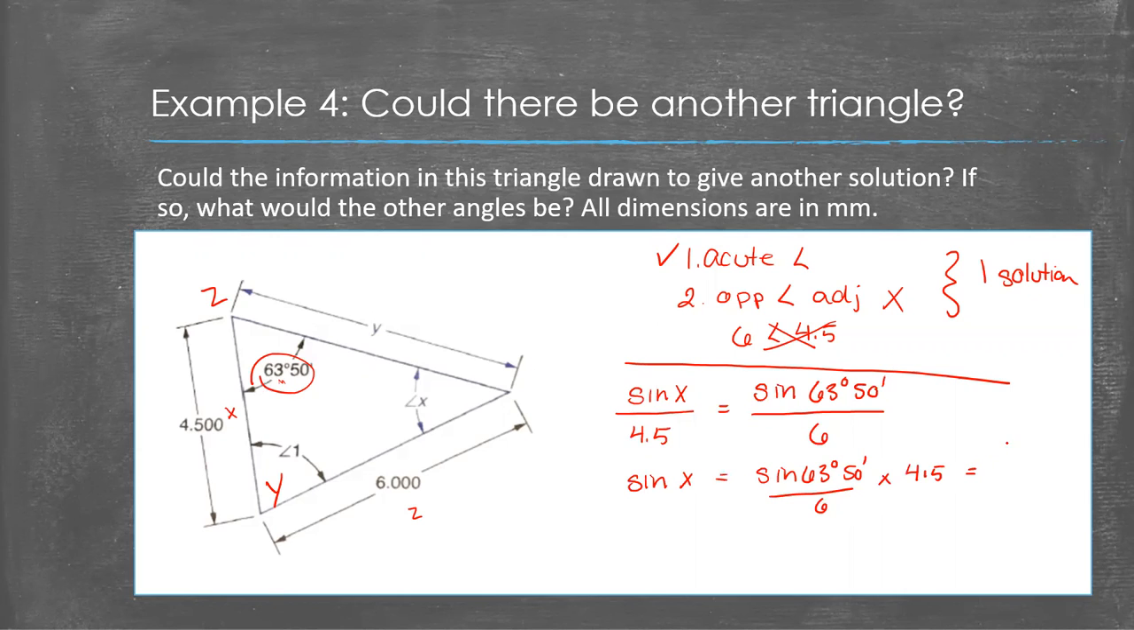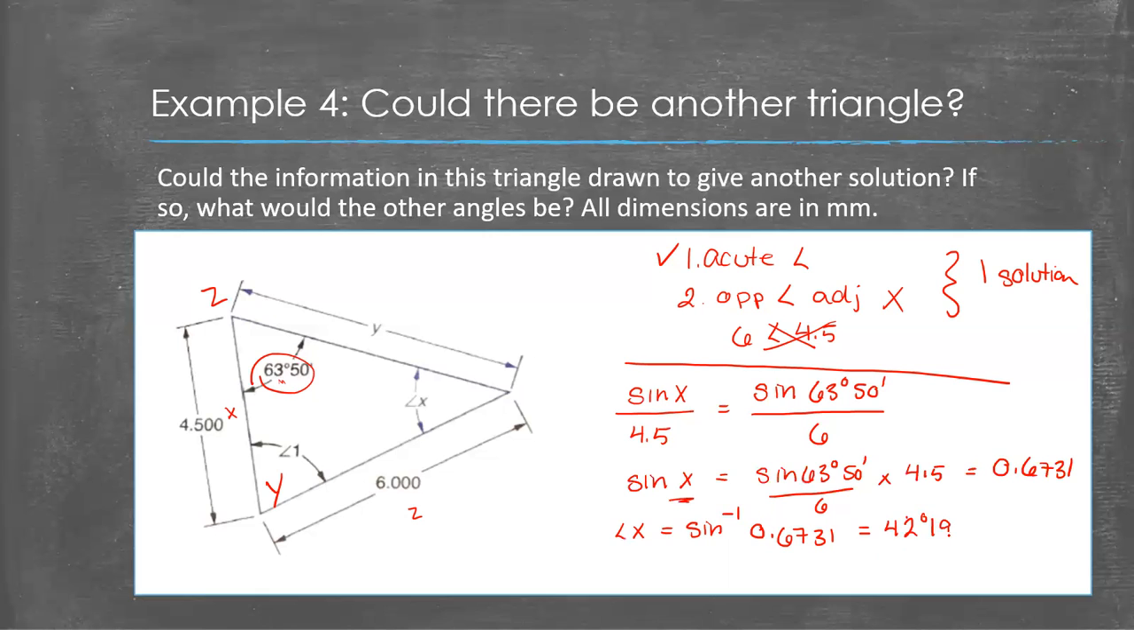And you should get a decimal answer. That decimal will be 0.6731. To find x, we do shift sine. So remember, this is the sine of x, so you have to do that shift sine to get the inverse sine and then put in that decimal number. If the decimal's already in your calculator, you don't have to type it in again, just do shift sine. And you get angle x is equal to 42